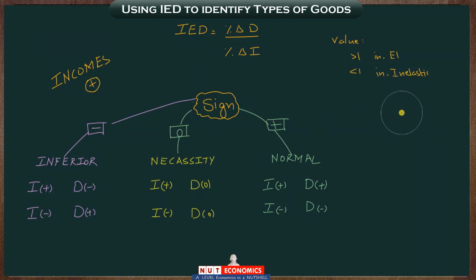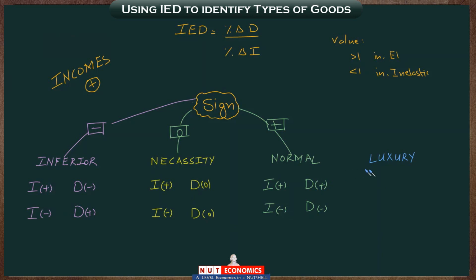You just need to know the significance of the sign and how it allows you to identify all of these different types of goods. And as far as the value is concerned, remember I said that there is one small important use that we can make of this knowledge of greater than 1 meaning elastic or responsive demand to changes in income. So that use is where we can identify a fourth good, and it will come in very handy in what we are supposed to do next.